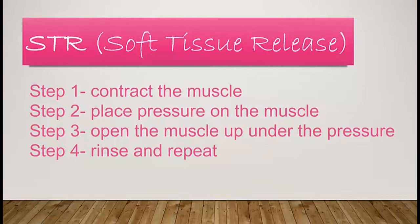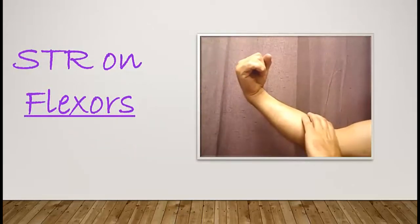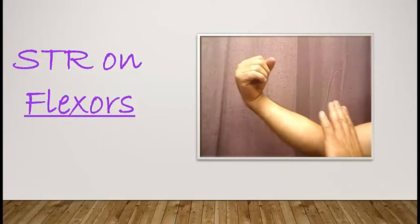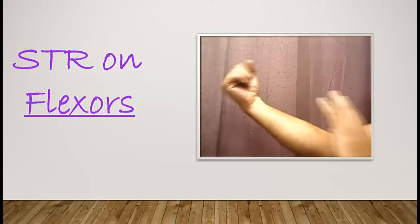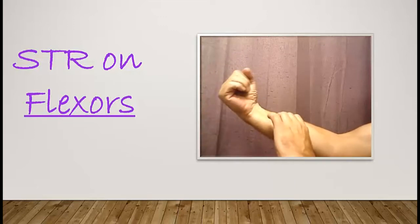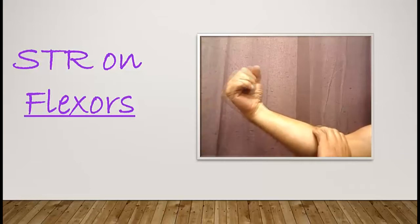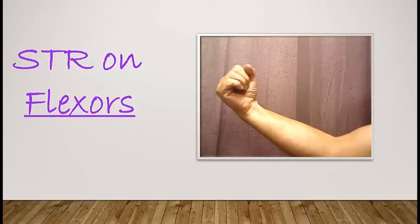We're going to begin with the flexors. Now, if you remember, the flexors bring the hand in. So, shorten position on the muscle, stretch, and release. It's that simple. Shorten position, move down, stretch, release. Bring the muscle into a shortened position, stretch, release. I'm coming off the muscle now onto the tendons. And I like to work the tendons all the way down and then back again up towards the muscle. So it's that fast. Pressure, stretch, and release. It's a very simple exercise to do, if you can even call it an exercise. It's more of a